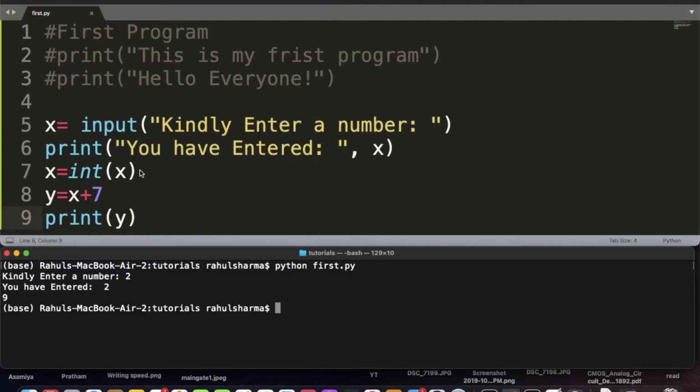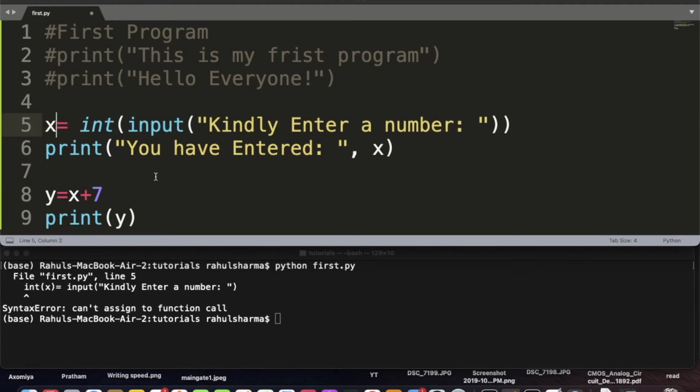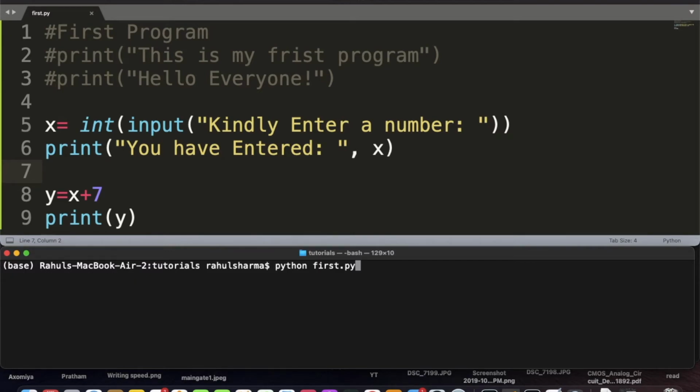So this is what is happening here. The next thing I would like to explain in this example is this line I have used. Whatever I give through keyboard will get converted into integer and finally the integer will go into x. Okay, save it. Enter 2.